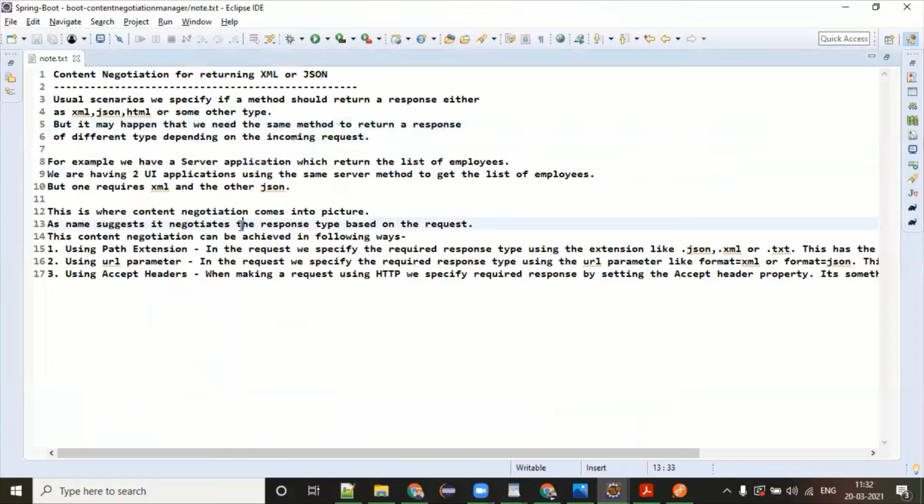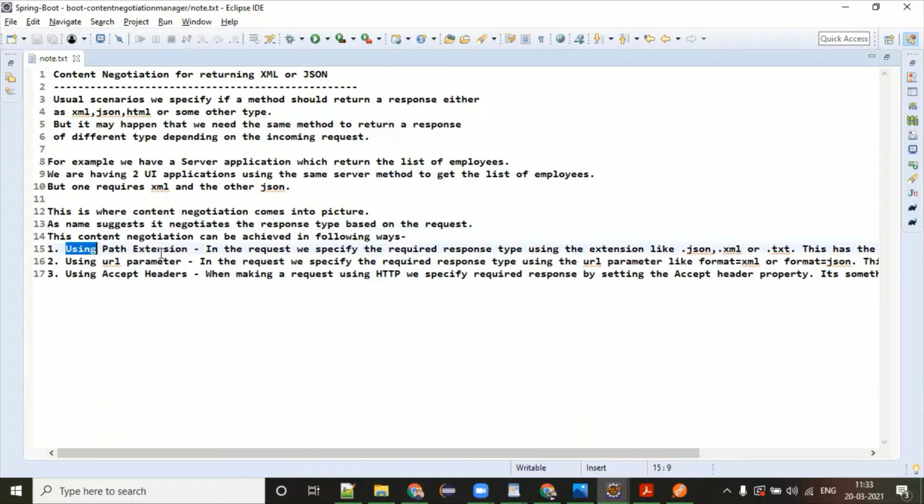So let's have some understanding. As I told you, the usual scenario is we specify that a method should return a response in either XML, JSON, HTML, or some other type. But it may happen that we need the same method to return a response in a different format, sometimes XML, sometimes JSON. And this can be done in three ways.